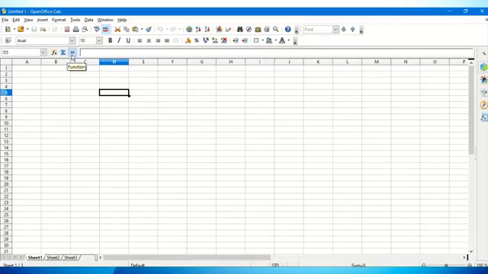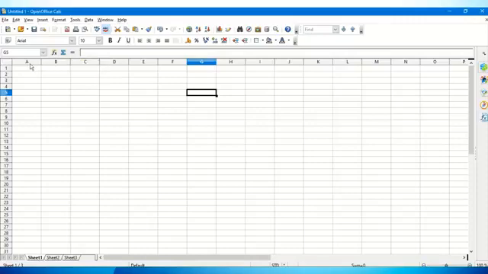So if I want to add any function and I click on this, an equal to sign comes here, and I can use the input line to write down the function. So this is called the function. Here this is called the formula bar, where any formulas or the data which is written in a particular cell is displayed. So this is the importance of the formula bar that is below the formatting toolbar.